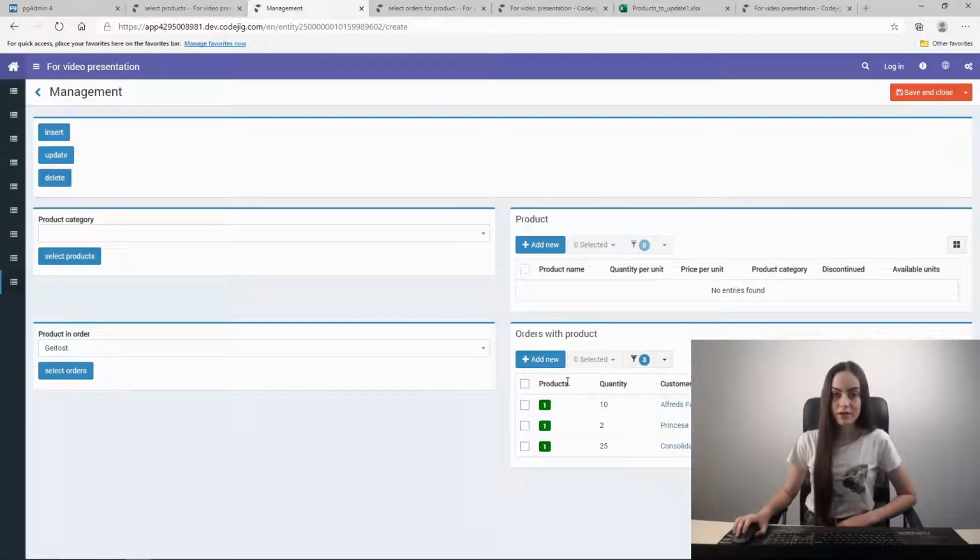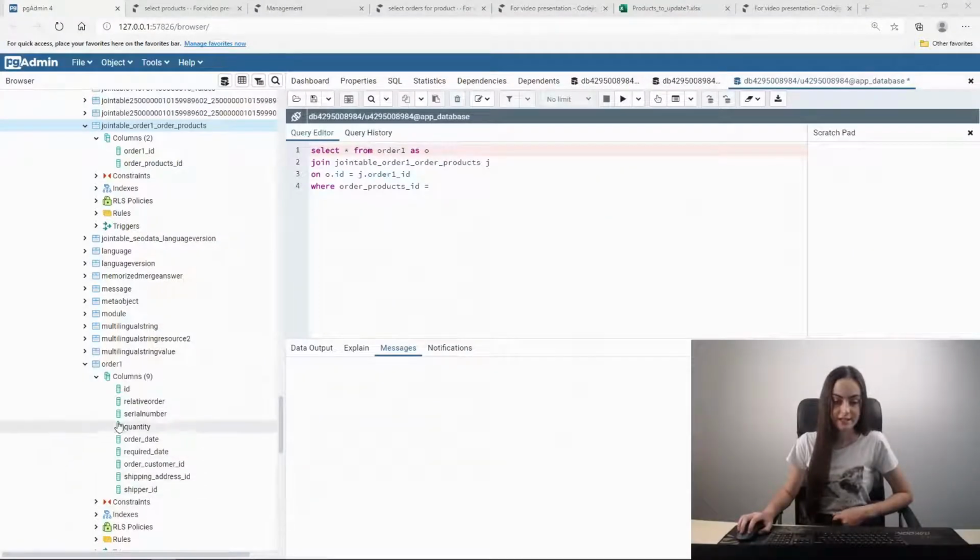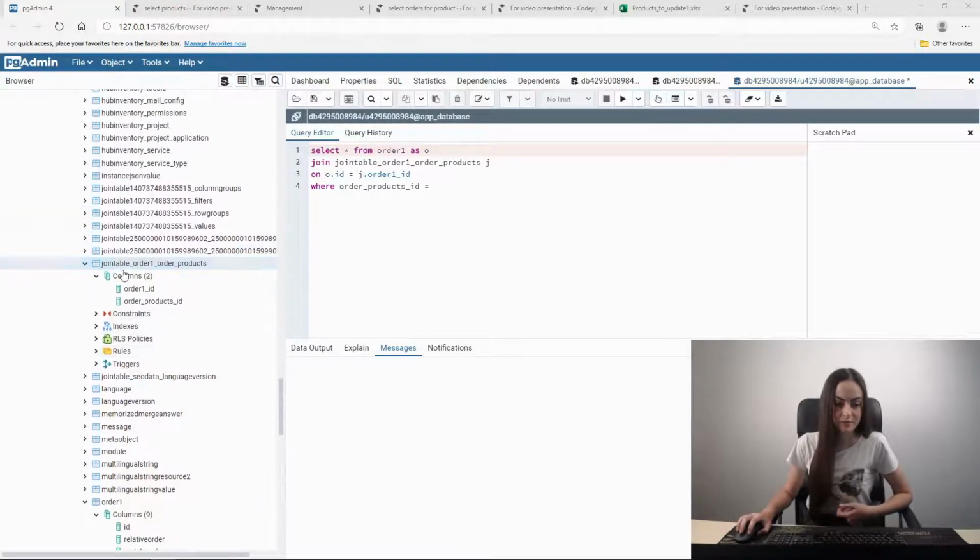And now let's try to write the same SQL query for the action we have done with a code blocks. As you can see, this is a table to store the order collection in our application database, and to store the related product collections for each order, there is a separate specific join table for order and order product collection, which only stores the fields with ID of an order and ID of a product, which should be in the related product collection. So in our SQL query, we write a select from order table join with this table on